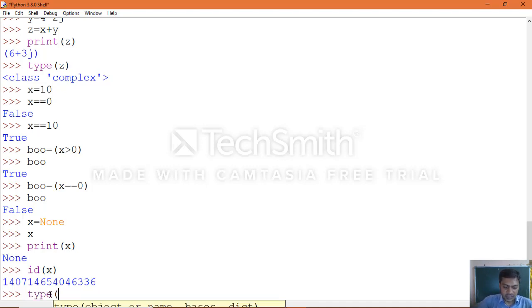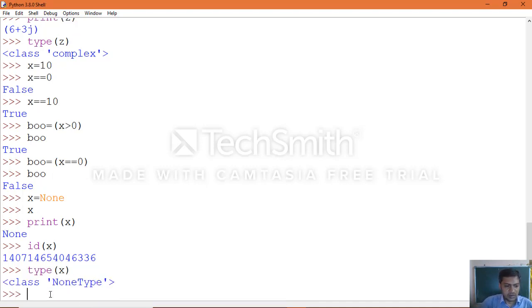If you want, you can check the type of the data, and we saw that none is a none type data type. So that's how you can make use of none. Even though it is a keyword, it is also a data type which can hold nothing. So now we also know how to make use of none.